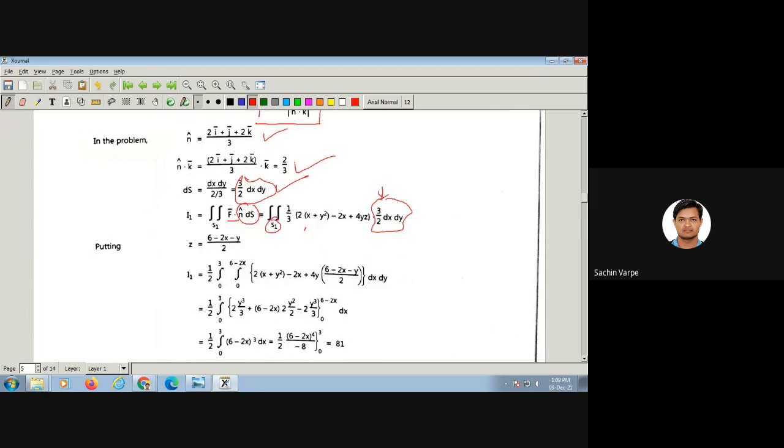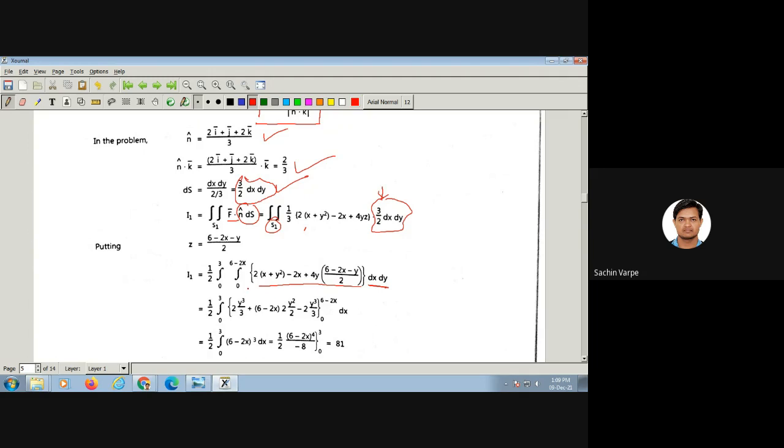and then when we substitute into the integral this, now the point is how to get the limits of integration, because you can see here this arbitrary surface will be in an arbitrary plane. We have taken the projection along the xy plane. So we get the limits of x and y.